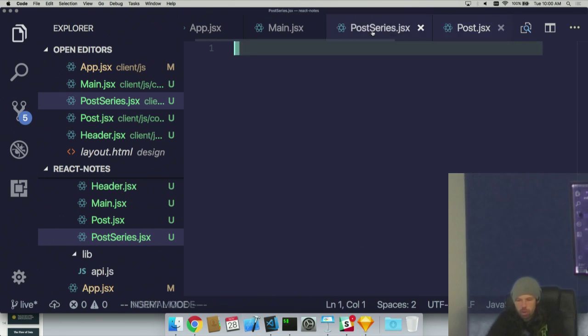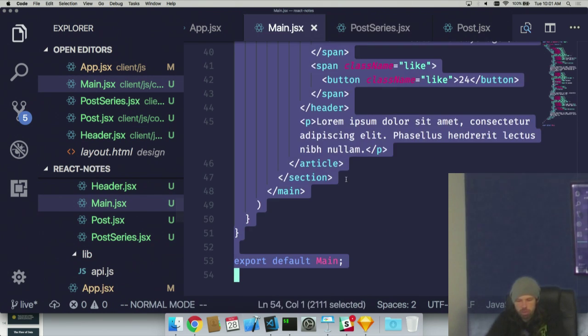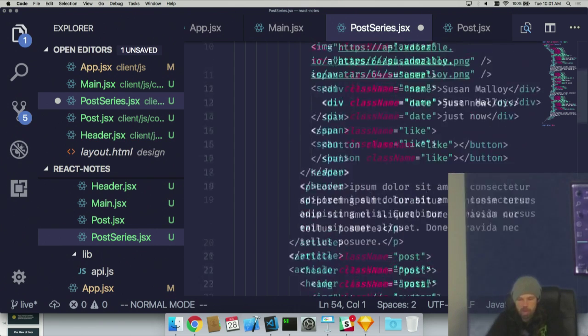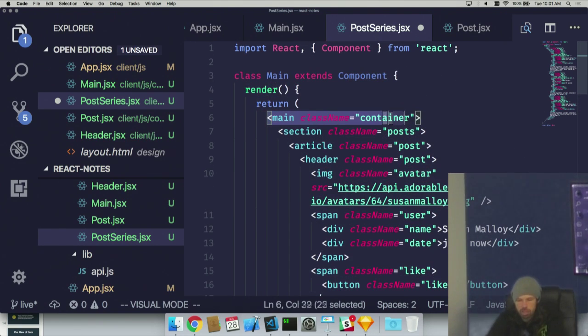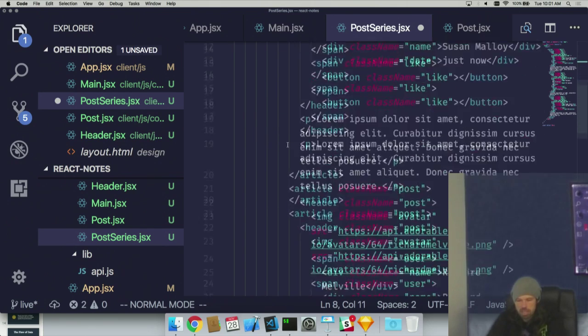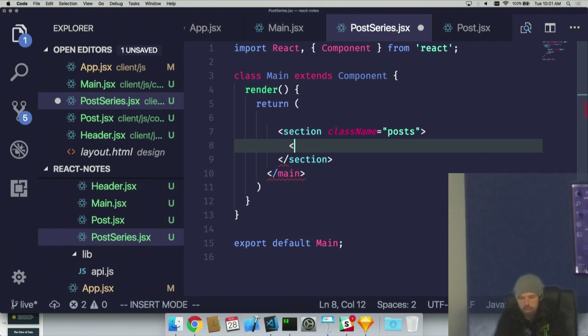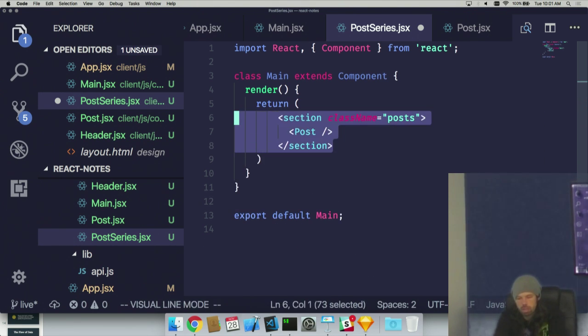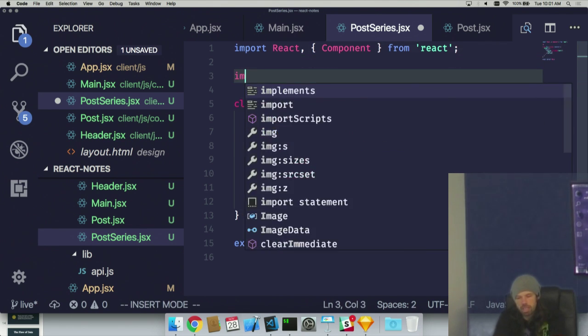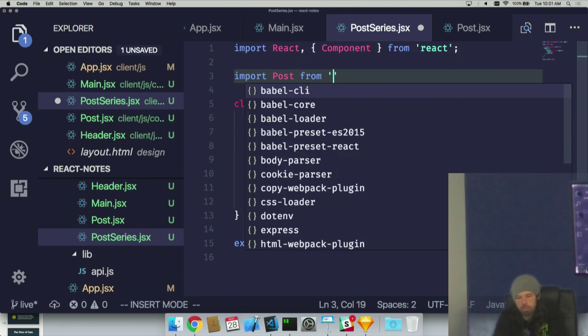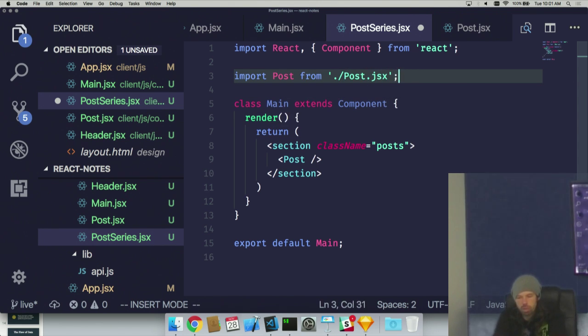And the post series, which I'll also just copy and paste from main. I don't need this main container, but I do need this section, and inside of there, I don't need the articles anymore because those will be handled by post. And here I need to import post from post.jsx. You'll notice that I didn't do .components here. That's because post series is in the same